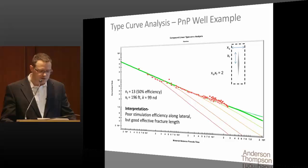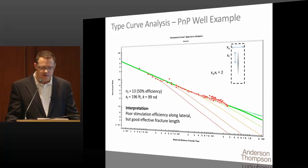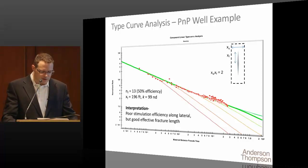frac efficiency. What we would love to do is connect those to surveillance information like production logging tool, fiber optics, tracers, something that gives us an indication of flow proportion so that we can validate these techniques. And we do have some experiences with this, but not a lot. Our interpretation here is that, yeah, there was poor efficiencies across the lateral in this particular example, this being the